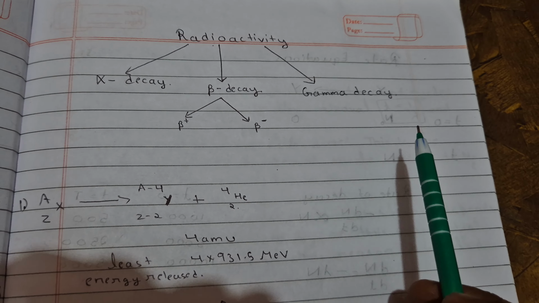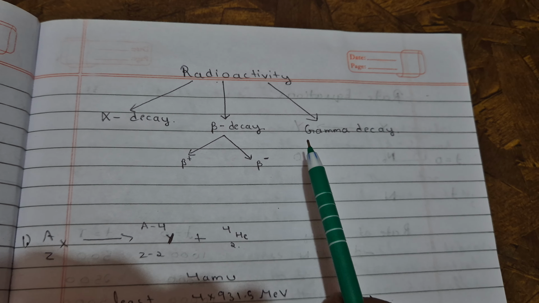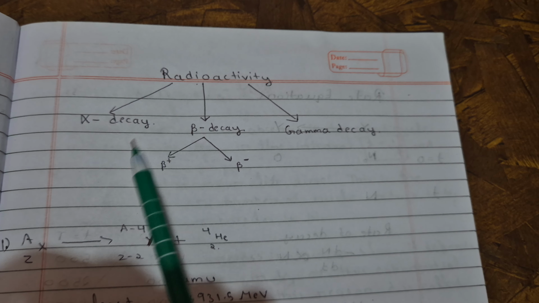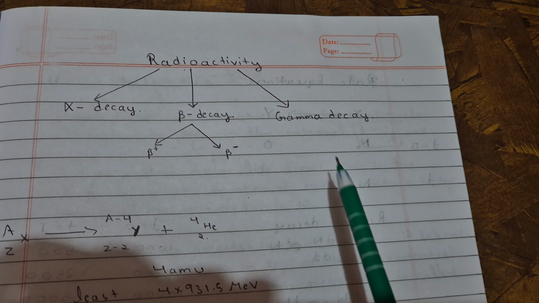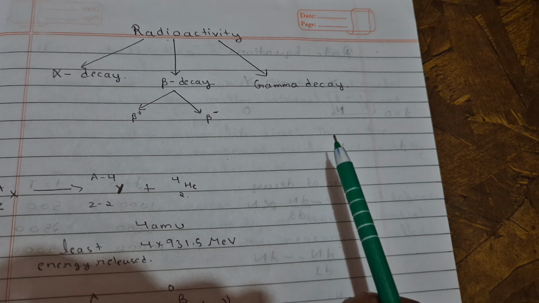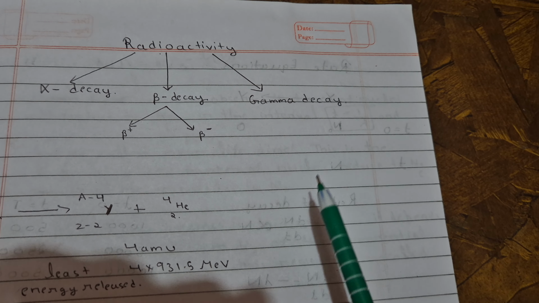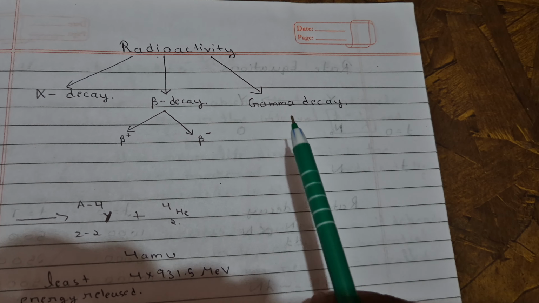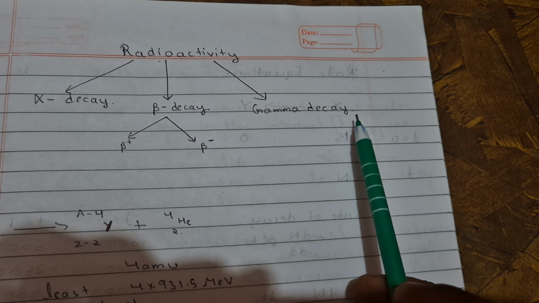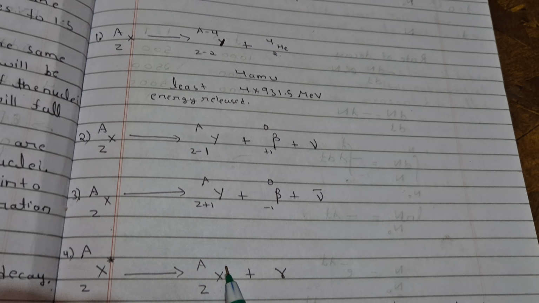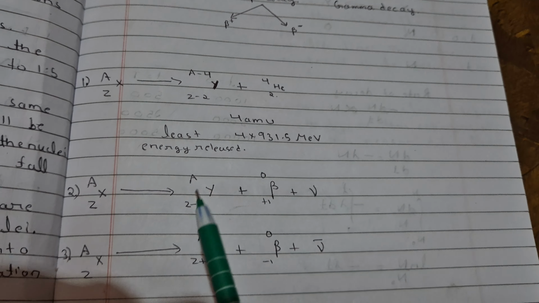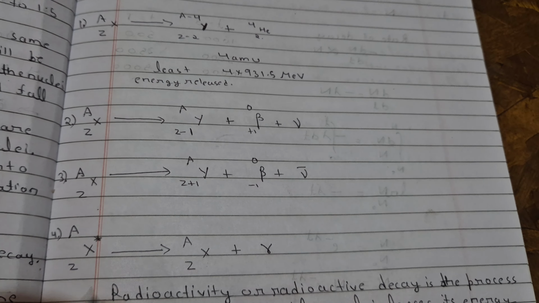And third is gamma decay. That is when you have less energy as compared to these two. Just like in an atom, where an electron comes from a high energy state to a low energy state and emits a photon, in the nucleus also you will have gamma decay, and a gamma photon will be emitted. So the last process is this. Very high energy gives alpha decay, then beta decay, then gamma decay. That's how it goes.